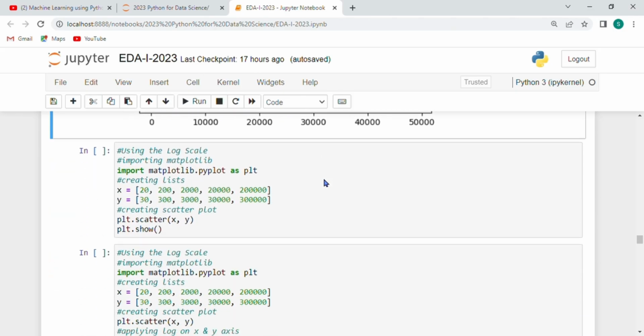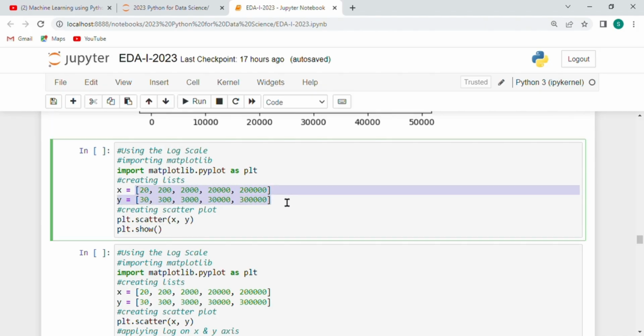So this is what we are going to do. For example, here we have this x and y data set, and you can see these values are increasing with a multiplier of 10 with every proceeding value. So when we plot it with the line,